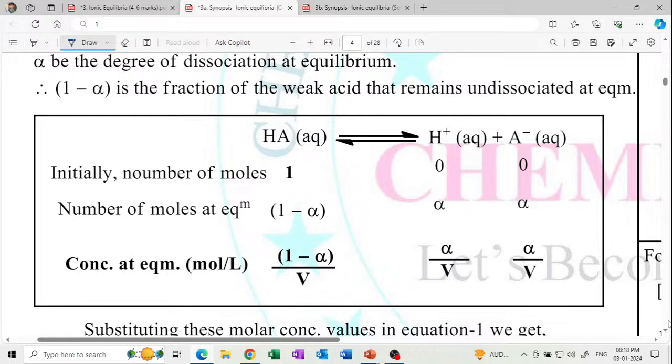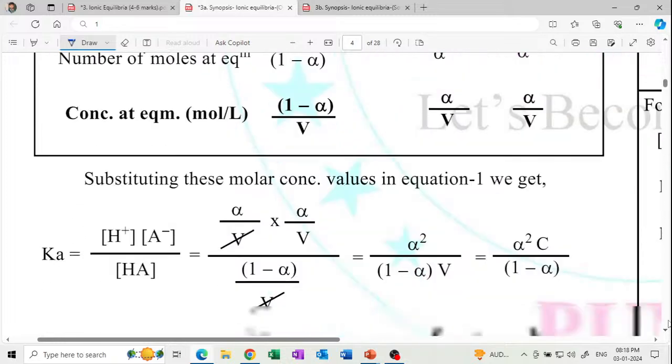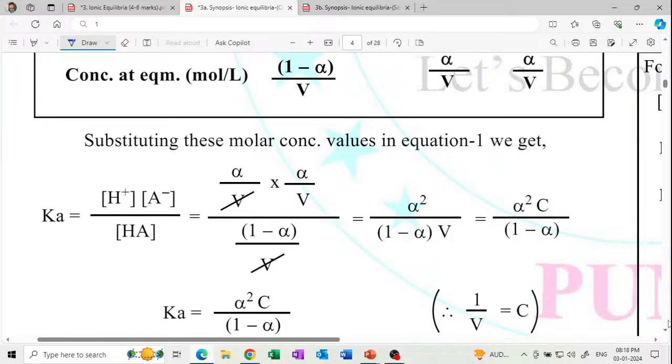undissociated. Initially the number of moles of HA is 1 and the concentration of H plus is 0. Number of moles at equilibrium are 1 minus alpha, alpha and alpha. And so the concentration at equilibrium is 1 minus alpha divided by V. Number of moles divided by volume V gives the concentration. So on substituting the values we get